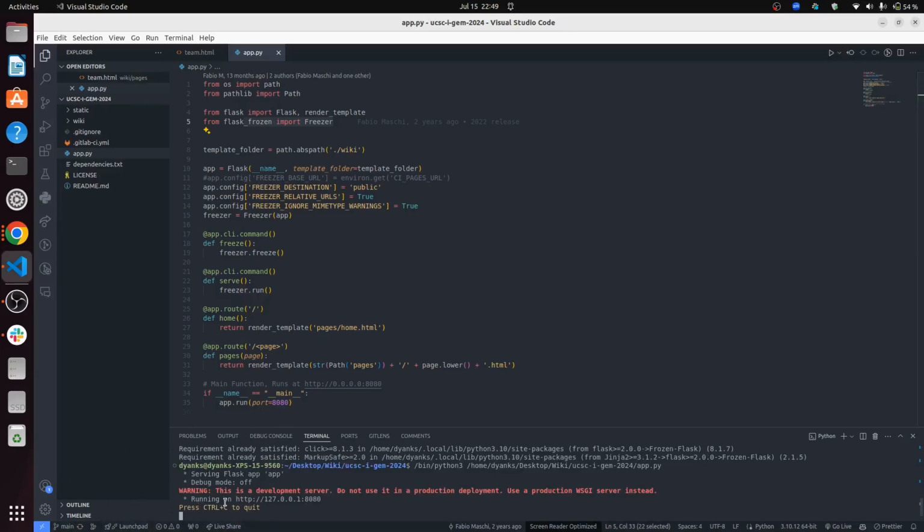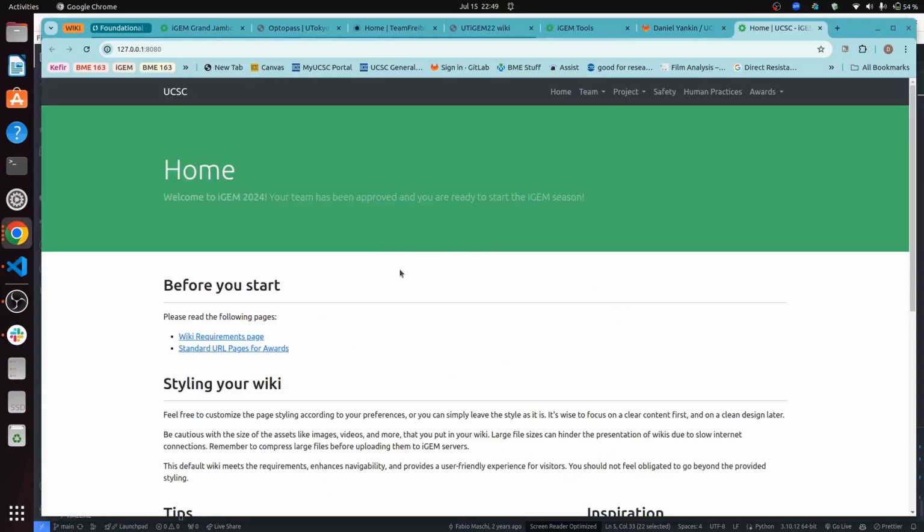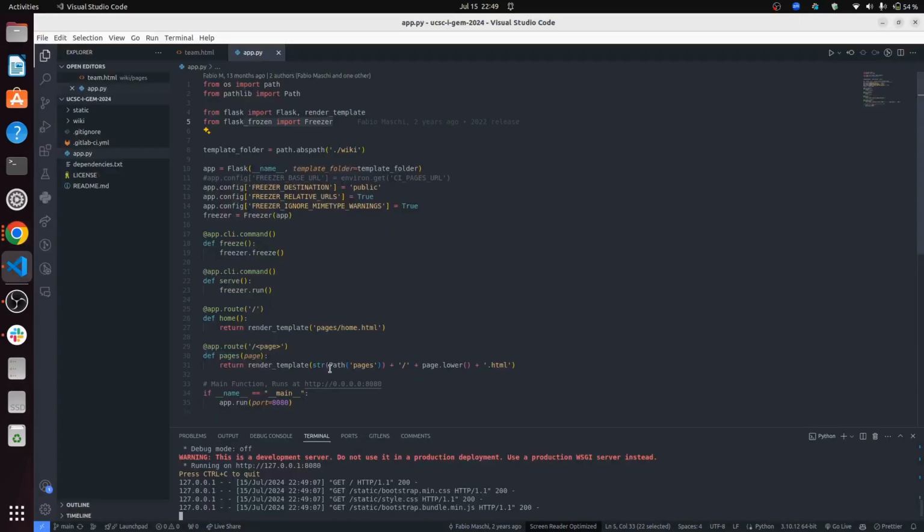So it should pop up with this little HTTP link. You can either control click this and it'll pop up in the Chrome page, or since we got that nice extension, let's use that. So let's copy this link with Control Shift C, because be careful, Control C quits it. And now to actually use that extension,